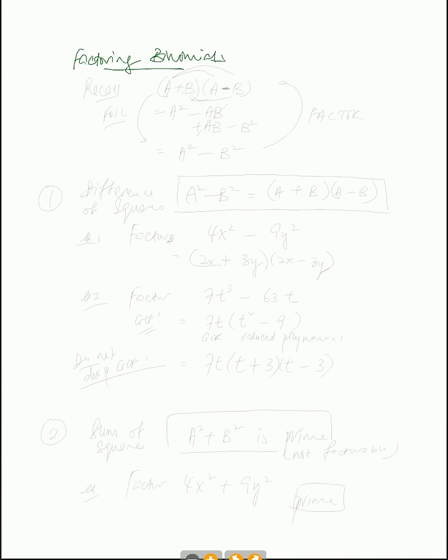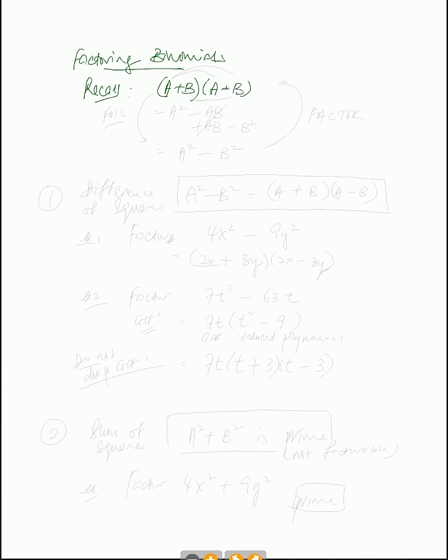If the polynomial is made up of 4 or more terms, you think of grouping. If it's made up of 3 terms, you think of using the sum and product method. And now what do you do when you deal with 2 terms? Now before we talk about how to do it, let's try to recall something. If we have a plus b multiplied to a minus b,